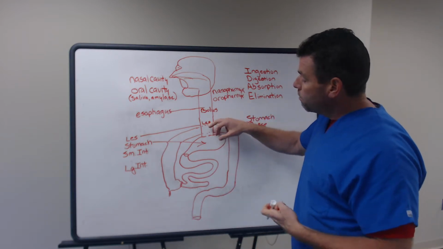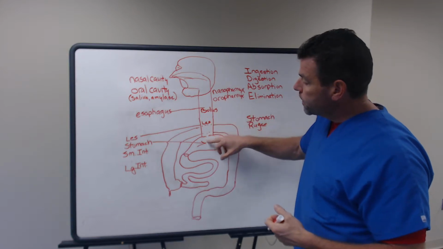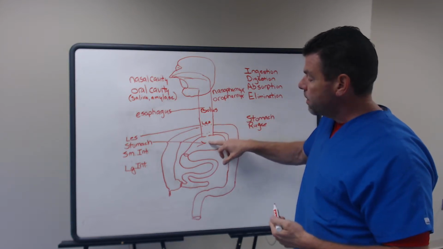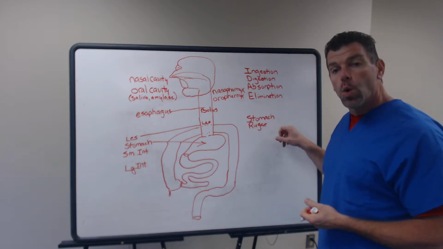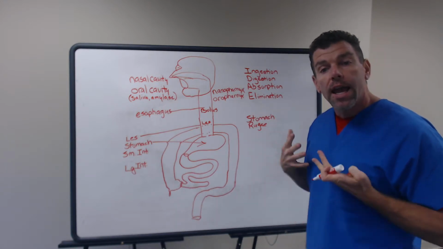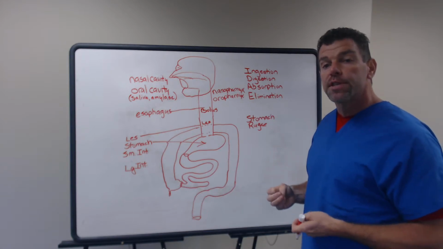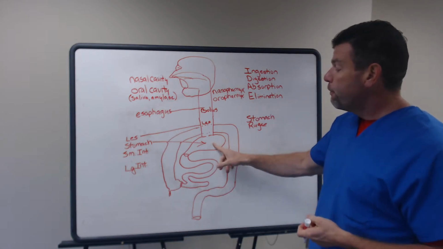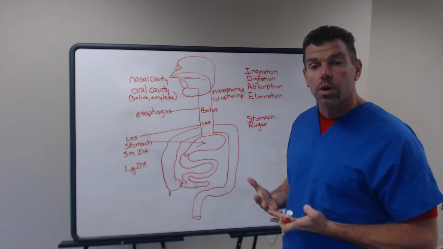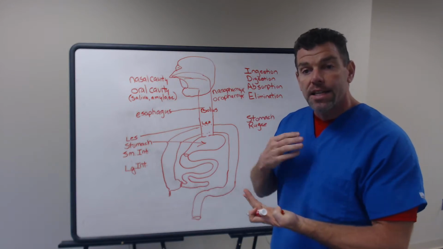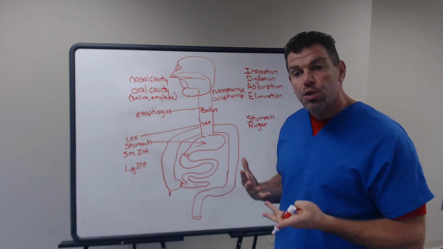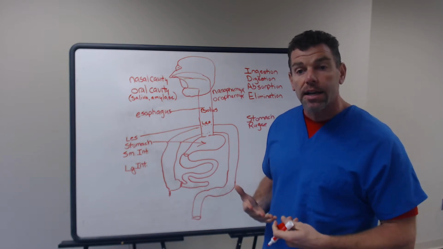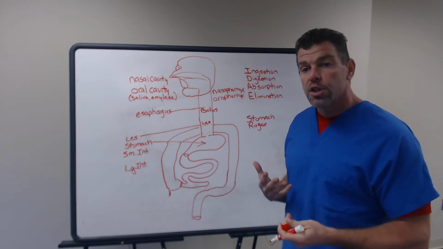But once the bolus gets through the lower esophageal sphincter, it's going to make its way into the stomach. And the stomach has all sorts of folds in it called rugae, and that increases the surface area that this bolus of food comes into contact with, and therefore the hydrochloric acid and enzymes in the stomach have a greater amount of space to come into contact with the little particles of this bolus.